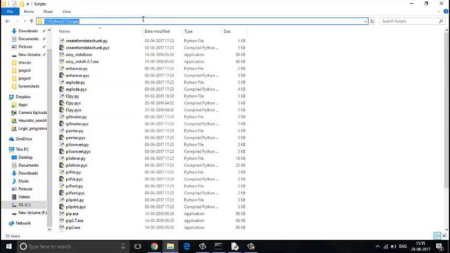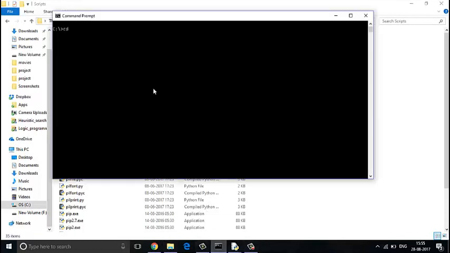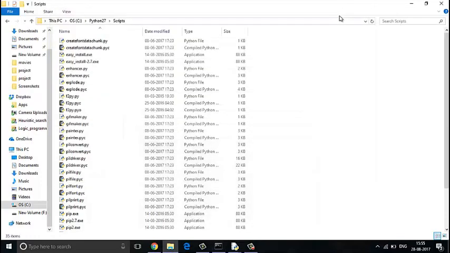So just copy that path and go to that path, and then you have to type the command pip install numpy, similarly pip install nltk, and in this way you will be able to install both these modules. Okay, so after running these two commands your modules are successfully installed.